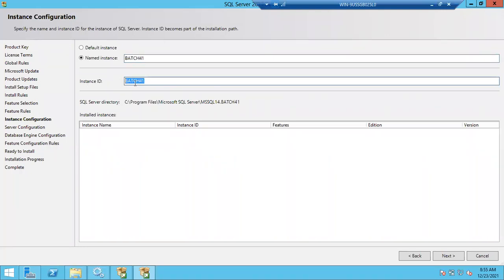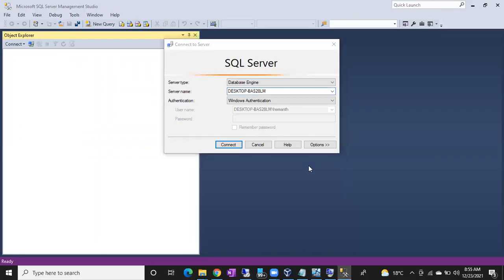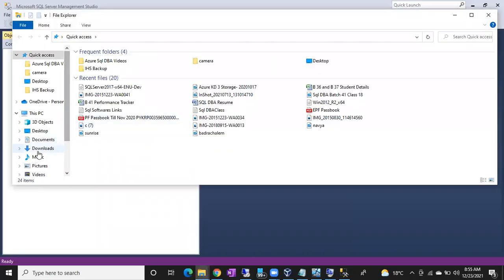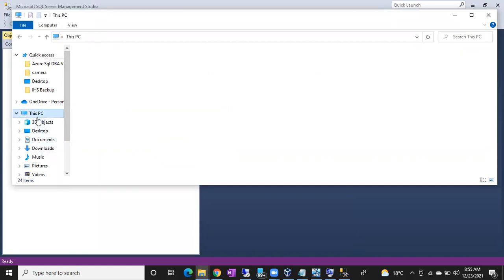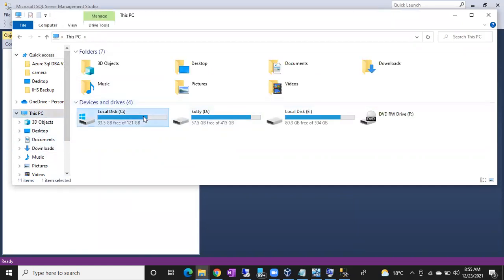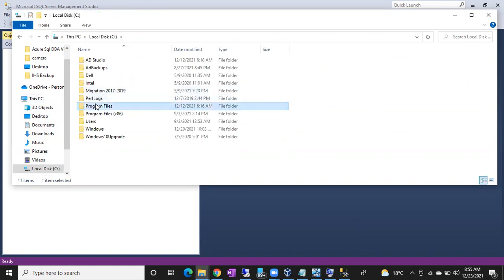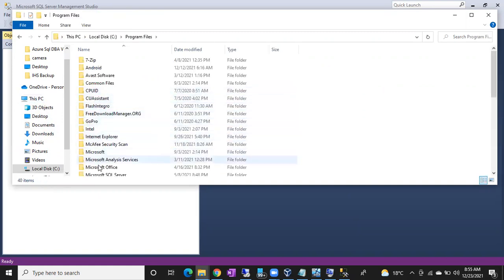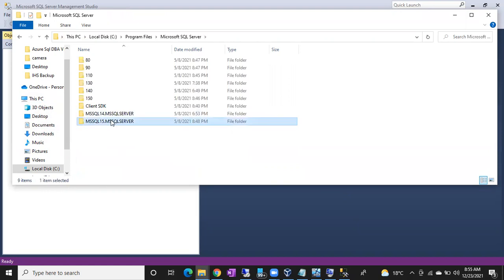What is the use of this instance ID? It will create a folder with the instance ID name. As we just discussed earlier, in our local machine, C Program Files, Microsoft SQL Server. You can see this name.